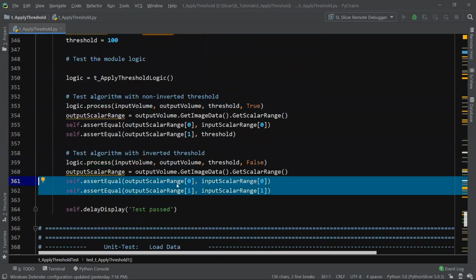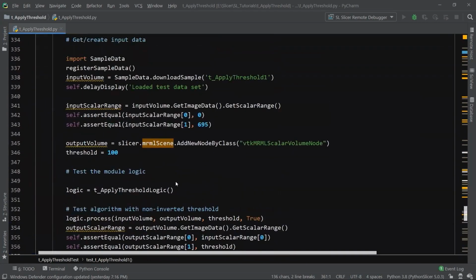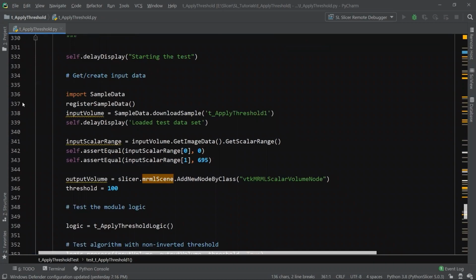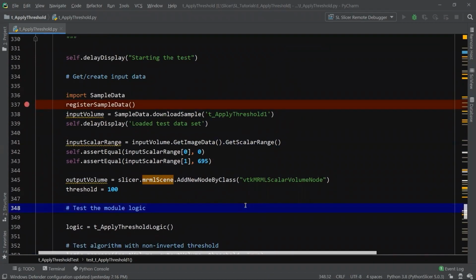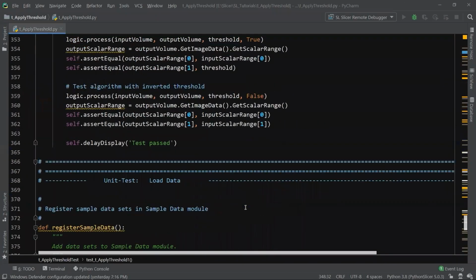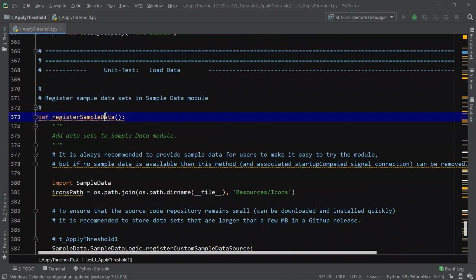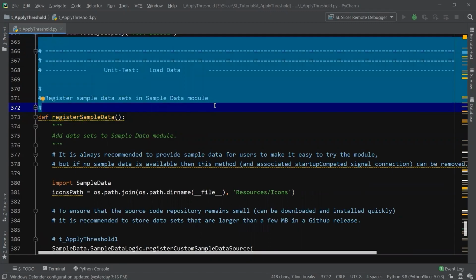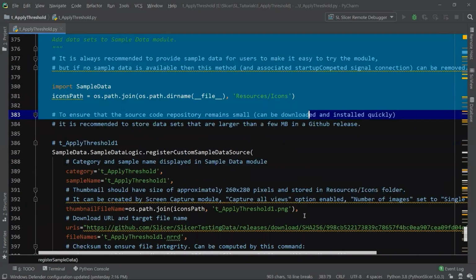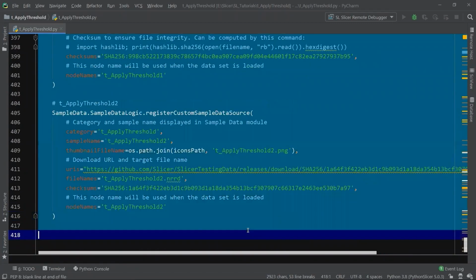We will simplify this test function in our Hello World application, but for now, let's put a breakpoint here to be removed in the neat blank section. We finished the test class, almost there. The function of register sample data was put at the end because we won't use it in our application Hello World. So we can start the neat blank section by removing this function.